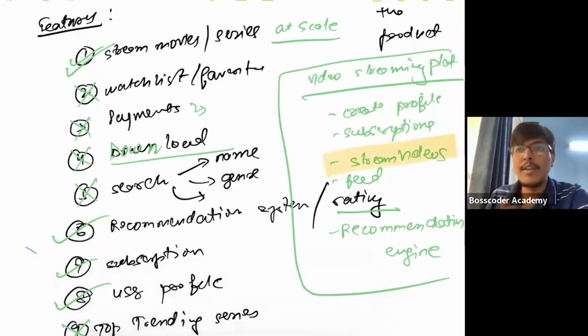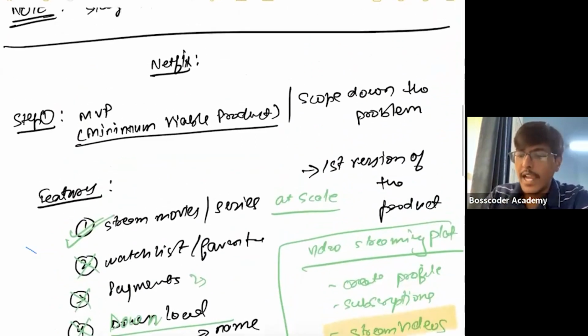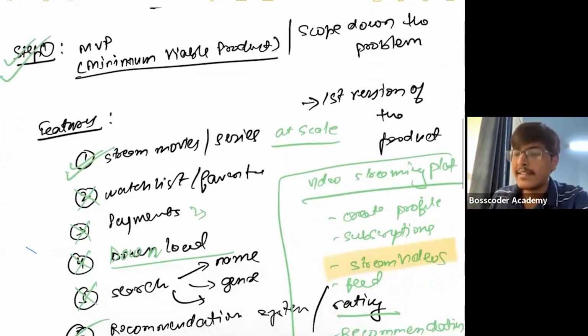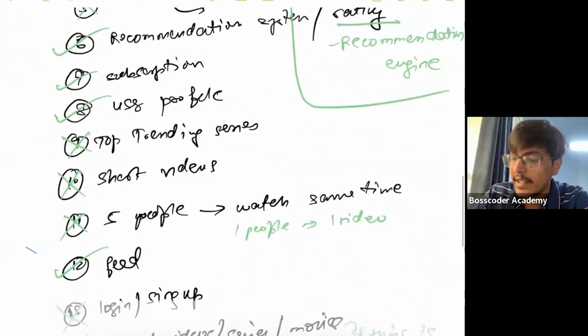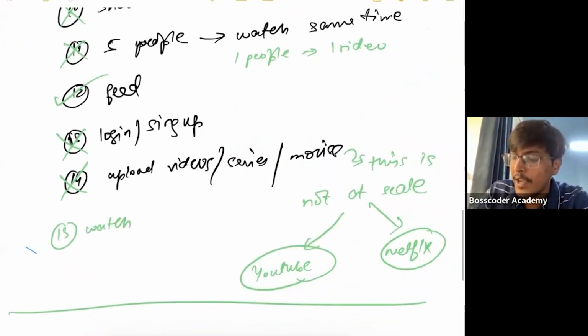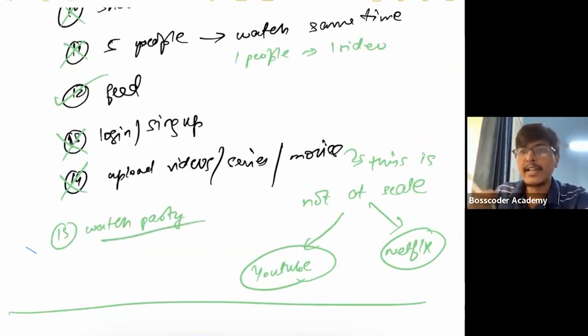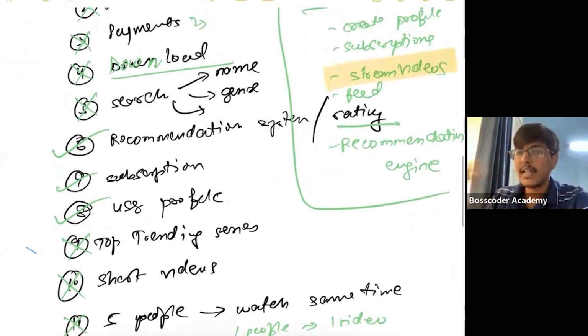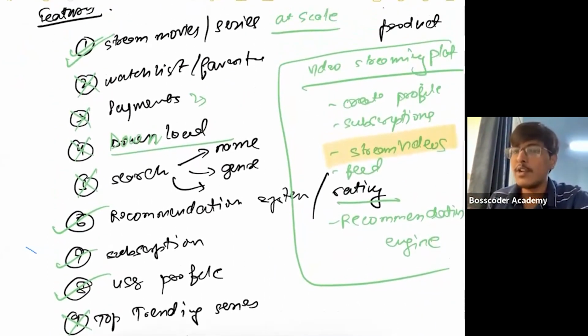How do we go about streaming videos at scale? Does this step 1 make sense? Why we are doing it is to understand what we are actually building. Someone might ask you to build a watch party, right? There is a watch party where multiple people can watch Netflix together. Now that's a completely separate design than streaming videos at scale. Or payment is a completely separate design from streaming videos at scale.